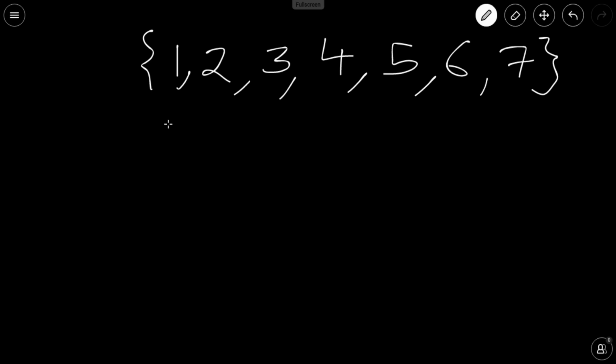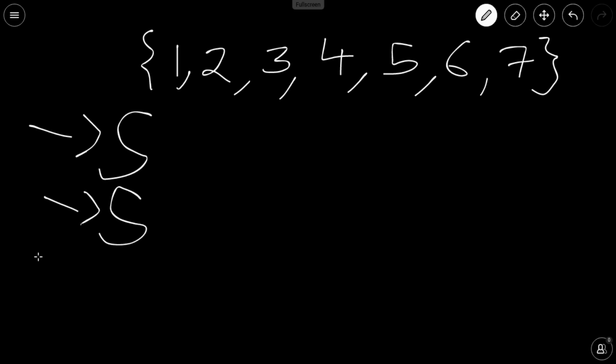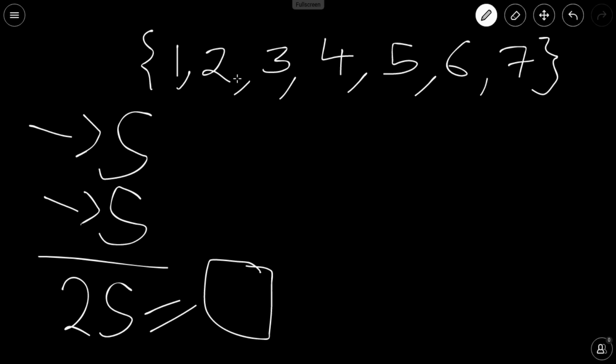So you can think in this way: let us say one set has sum s, the second set also has sum s. Now since each element can be in either of them and should be in either of them, the sum of all these elements is 2s, which is equal to the sum of the given elements. Here you can see that the sum of these elements is coming out to be 28. So it means that the equal sum which you want, if you solve the equation 2s equal to 28, you will get s equal to 14.